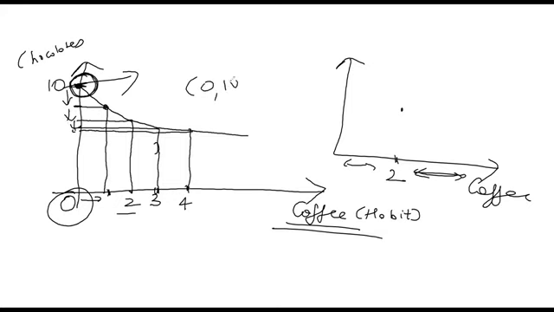That means you would not be able to have this point if coffee was an addiction. Point 0, 10. This was not a possibility had coffee been an addiction, because 0, 10 means having 0 cups of coffee with 10 chocolates. But if coffee is an addiction, you can't have 0 cups of coffee in the first place. Got it? So won't it be a straight vertical line? Because I want 2 cups of coffee no matter how many chocolates I have to sacrifice for it. So won't it be a straight line indifference curve, vertical straight line?